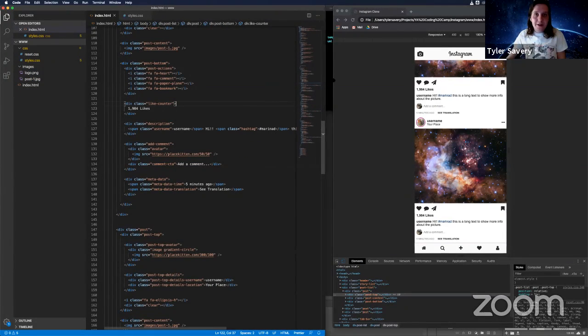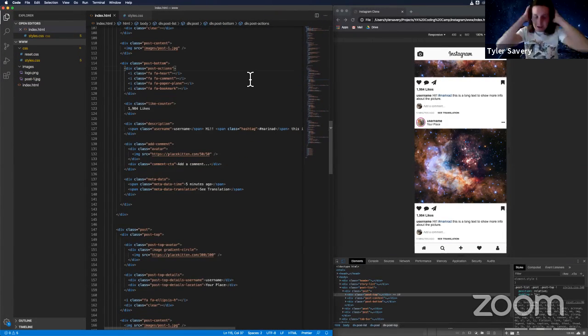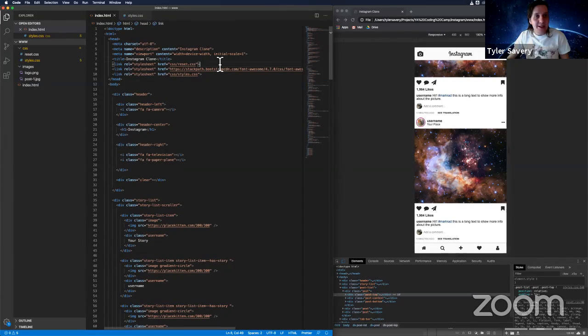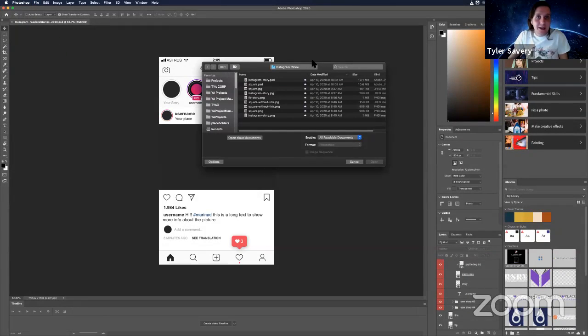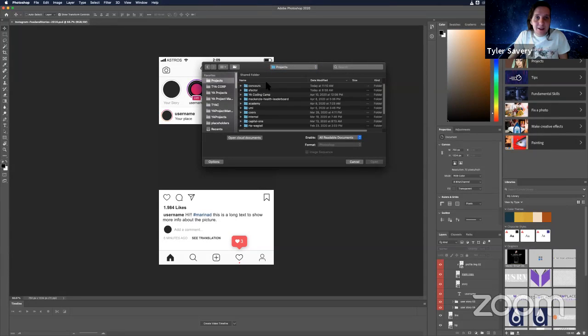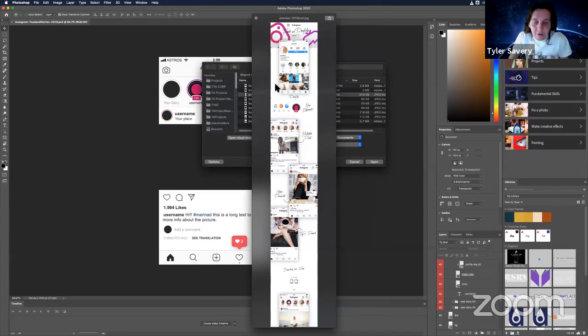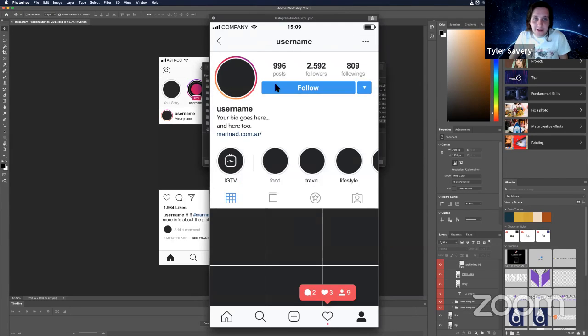And we'll close some stuff here. And yeah, at the end of the class, we were kind of talking about what we would do next. And I think we all came to the conclusion that let's just build out another page. So I'm going to go into Photoshop for a second, and I'm going to try and find this other page that I have somewhere. Coding Camp, Instagram. Here we go. And specifically, I'm looking for the one other screen that comes on here,